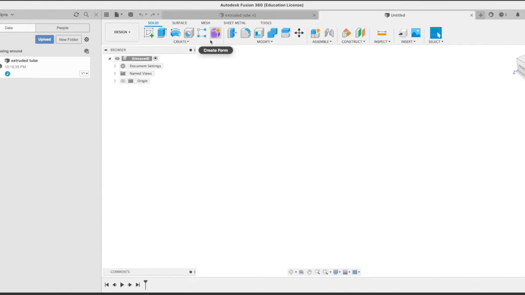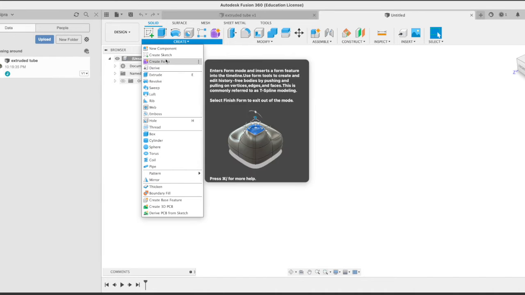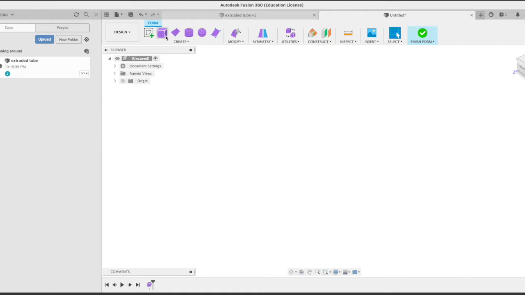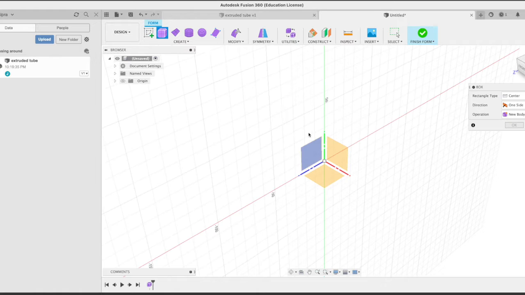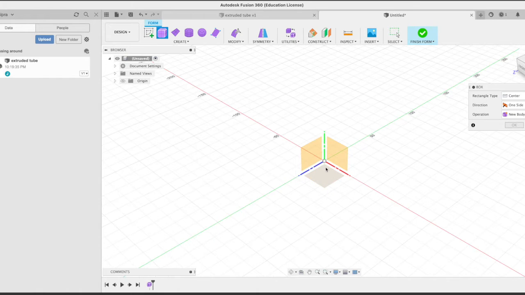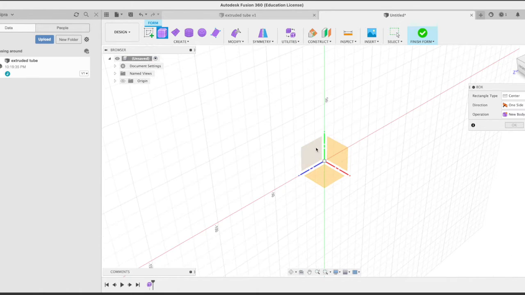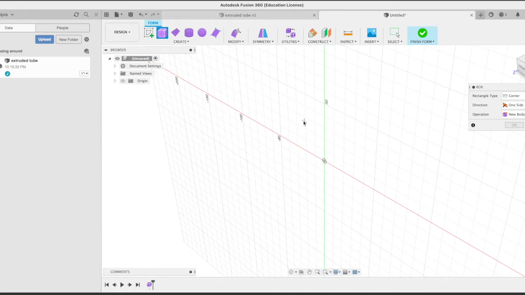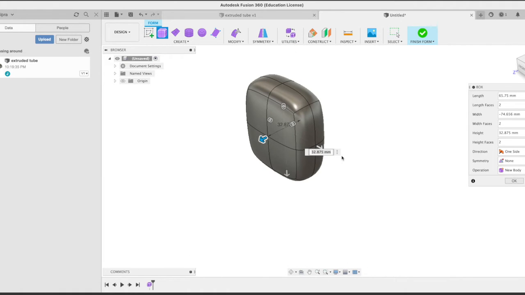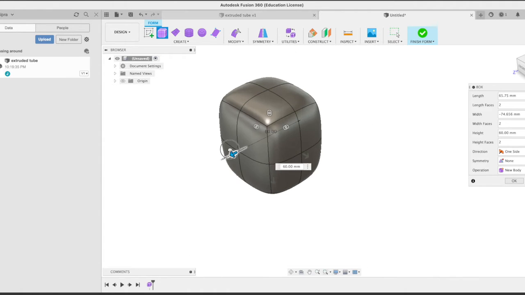Another way to work is with the create form. Instead of working from a drawing, you're starting with a solid. So let's click the box, and we can choose where to put our box, on which picture plane. It's kind of like doing a sketch, and you make this kind of shape, and you can play with it this way a little bit,